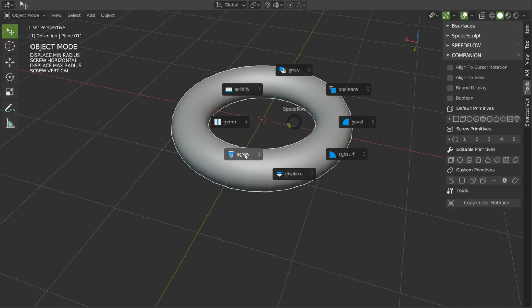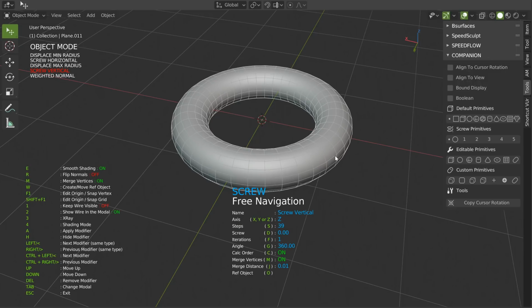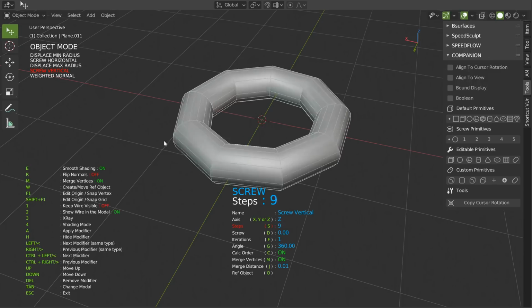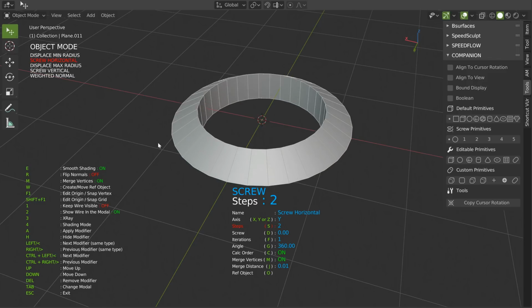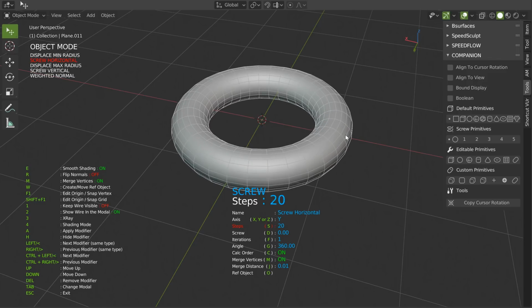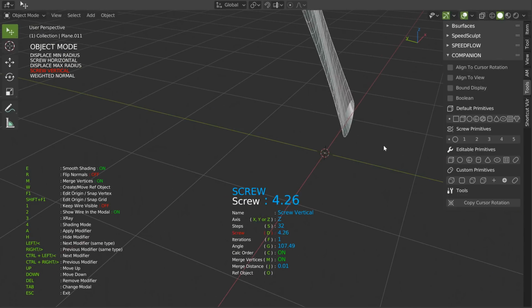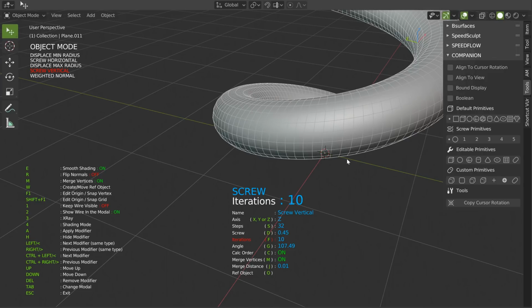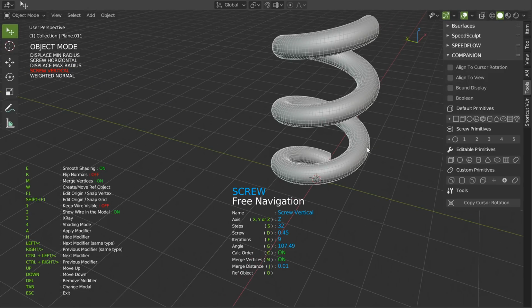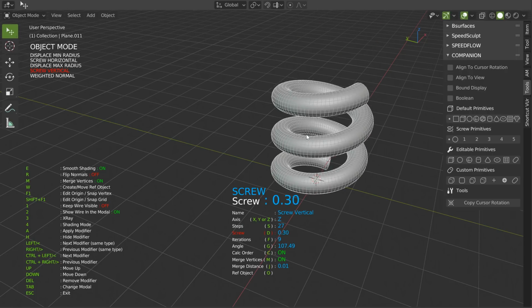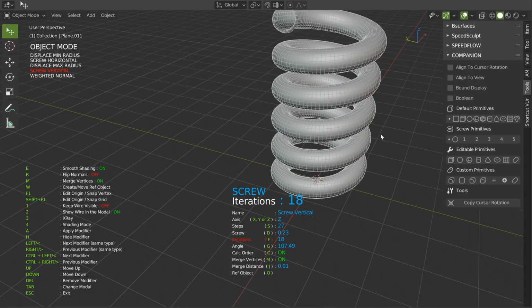The torus is really nice because I will press 2. I can increase or decrease the number of segments here. Increase or decrease the number of segments on this one too. And the other one I can play with this if I want. I can edit on this, and I can make something like that. So with S, I will decrease this, D, I will decrease this, F, I will play with the iteration, like that.